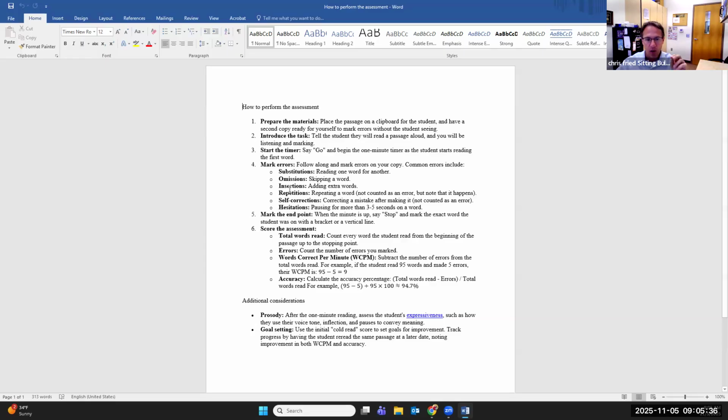But you start the timer, mark the errors, and then you tell them to stop, and note where they're at. Then you score that: total words read, what the errors were, words correct per minute. Subtract the number of errors from the total words read. So if they read 95 words and made 5 errors, words correct per minute is